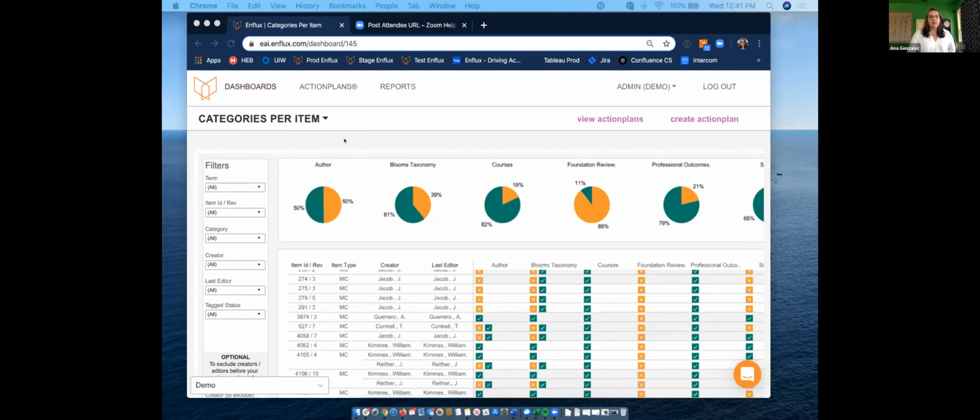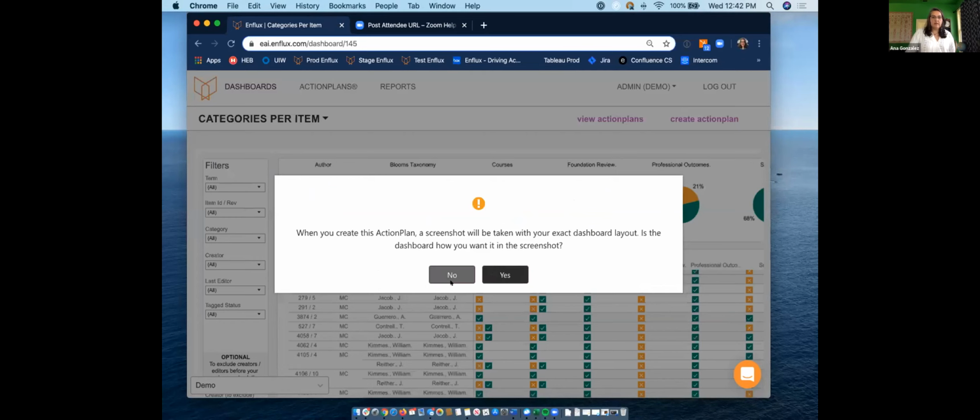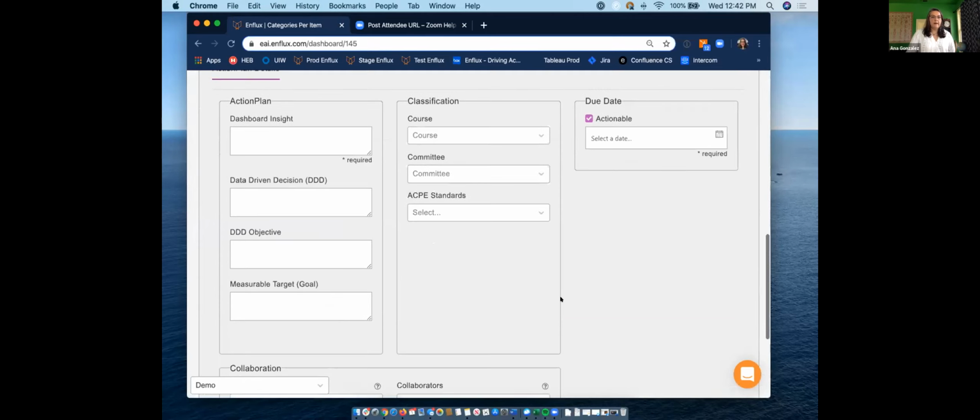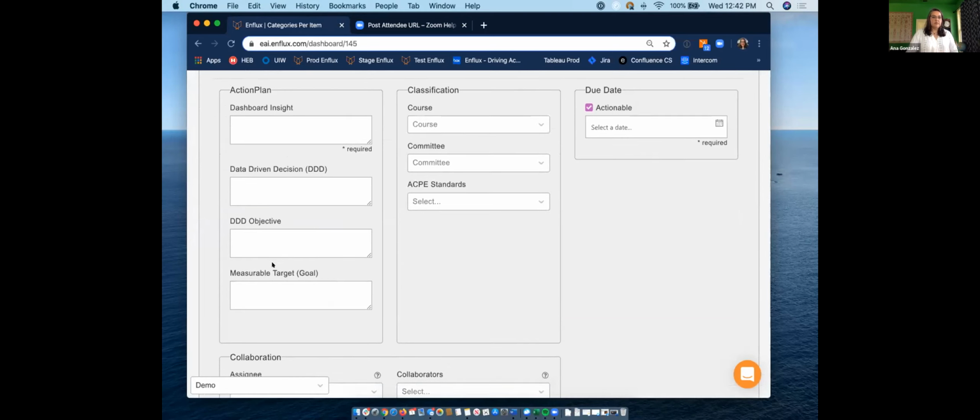Yes, okay. So this is our demo site, and I'm going to quickly click on our create action plan option here, which normally takes a screenshot of your screen as part of the action plan. And this is where you start to fill out all of the information for dashboard insight, data-driven decision, et cetera.